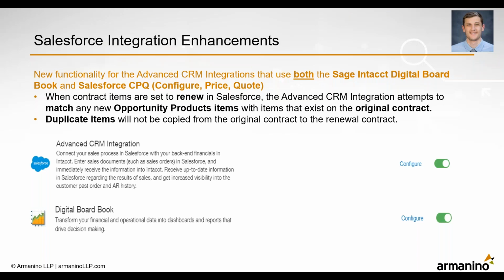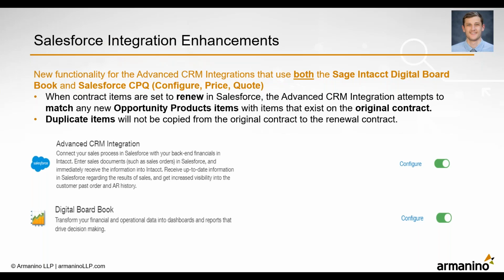So in the Salesforce Integration Enhancements, this is kind of a selective upgrade here. It's basically going to be new functionality for the integration for companies and people that use both the Intacct digital board book as well as Salesforce CPQ, configure, price, and quote. So if you have both of these enabled, basically what this functionality is going to do is when contract lines are set to renew in Salesforce, this